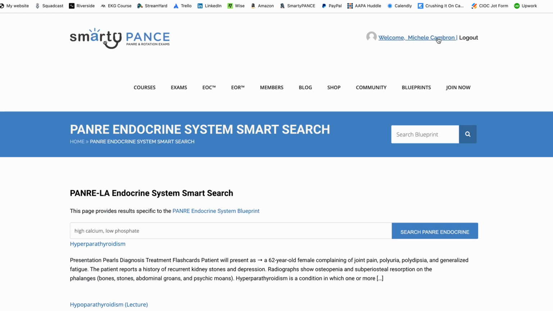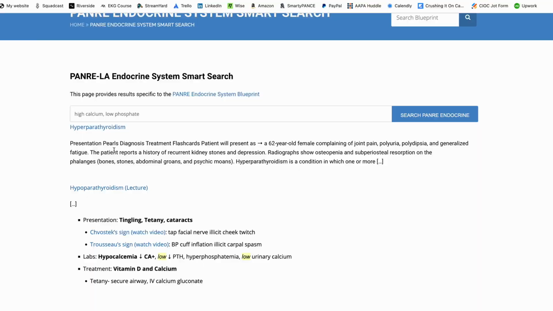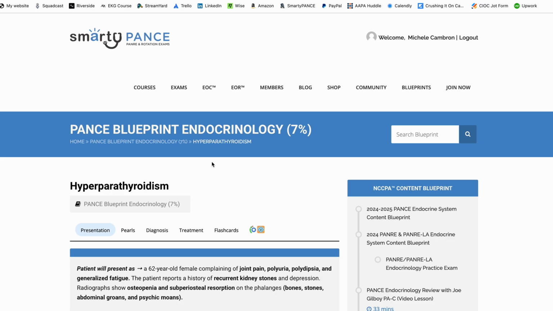Now there's 2 conditions that pop up, hyperparathyroidism and hypoparathyroidism. So automatically right there, before you even read anything else, especially if you're running out of time, if these are the things that match the search, I would go change my answer right now to hyperparathyroidism, because at least that's something. I've seen something that's told me that that might be the right answer. So change that really quick. Again, while you have 2 screens open,